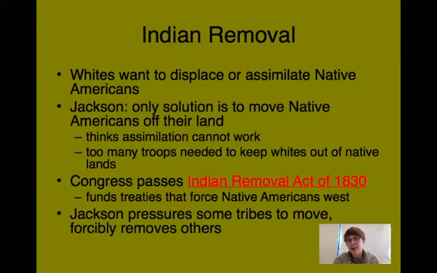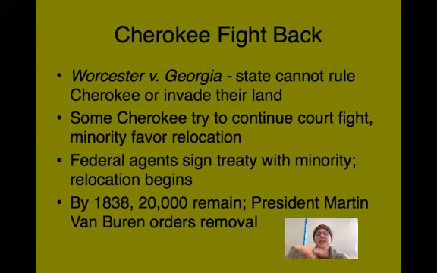This is not a very good way to deal with this. Basically, they are forcing people off their land. They're trying to give them money, but not a lot of money, and displace them in an area which they do not know how to survive, okay? So if we think of the Indian Removal Act of 1830, it's quite a horrible thing if you think about it. Now, many of the native tribes, they end up removing themselves from their original land.